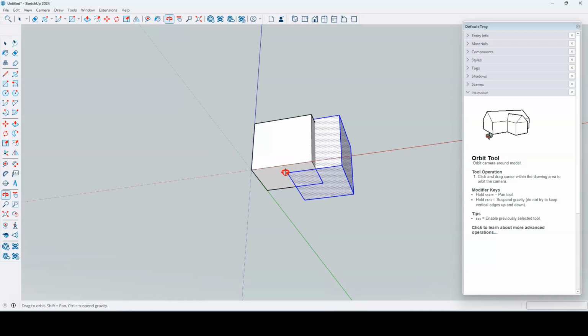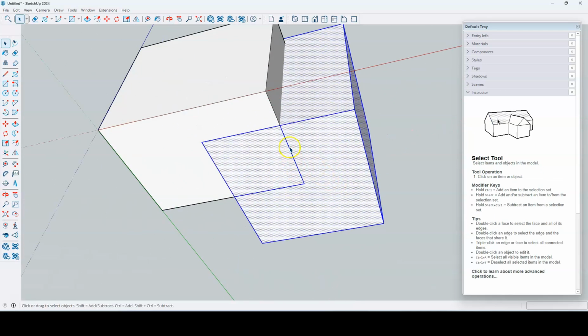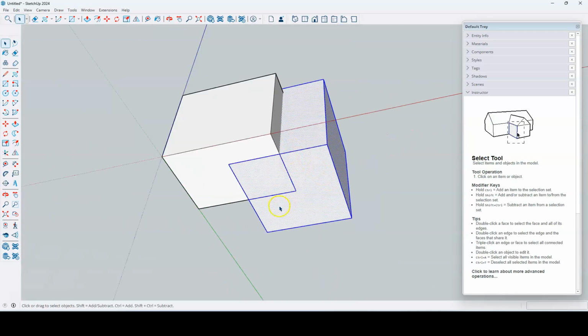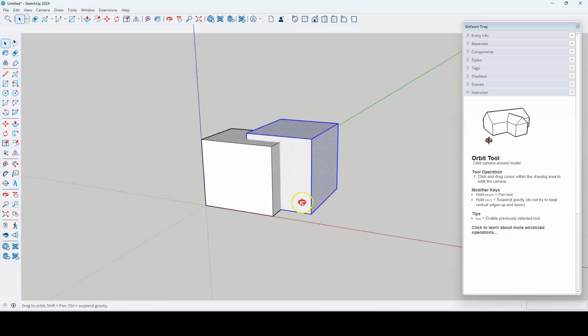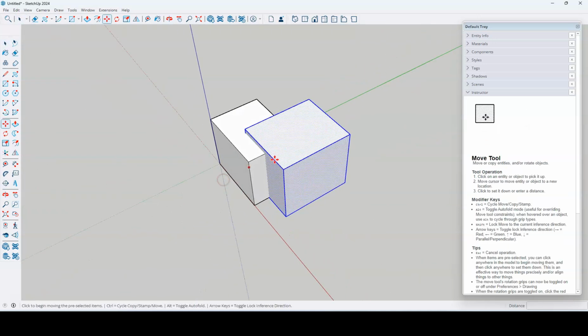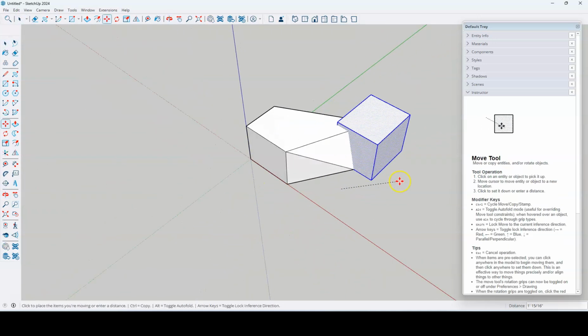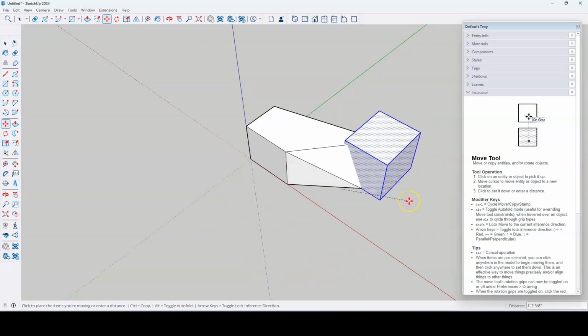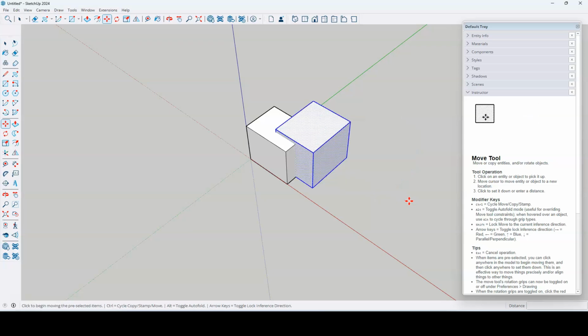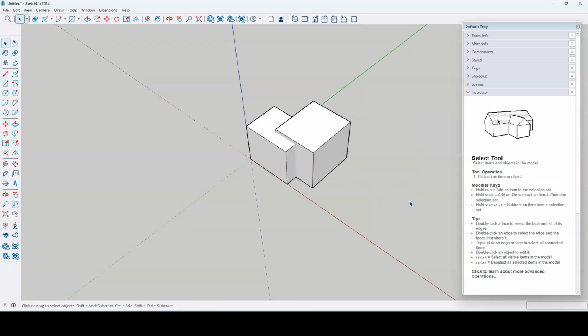It looks like, you can even see down here, it's starting to grab some different edges and lines that I might not necessarily want. Even if I try to deselect those things, let's just see what happens if I try and move this away. Oh man, that first cube is just getting all sorts of messed up. That's what stickiness is. It's whenever adjacent objects are touching each other and they stay fused as you try and move things around. We're going to learn how to manage that